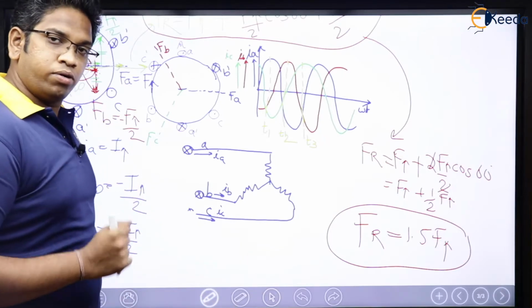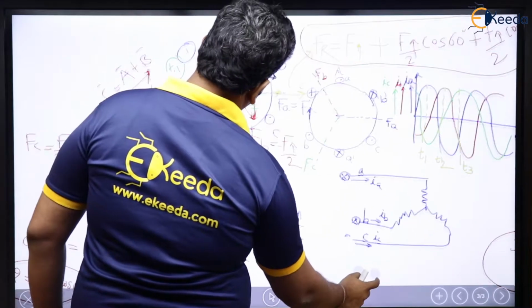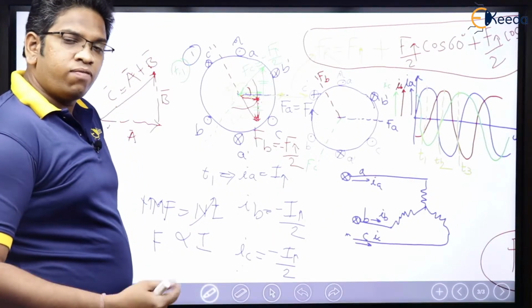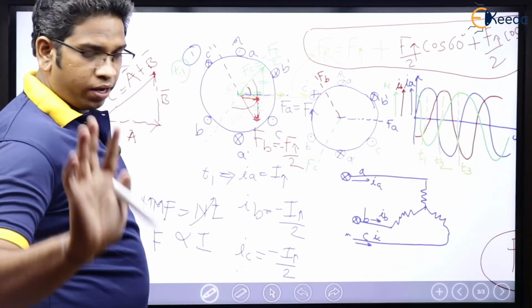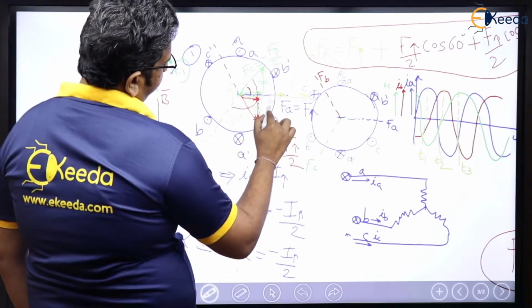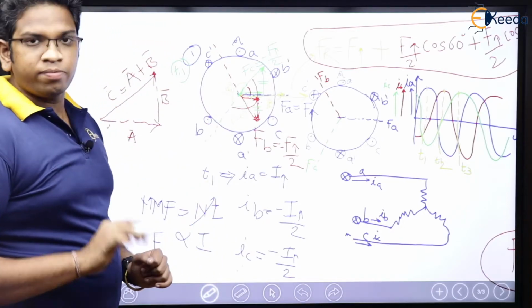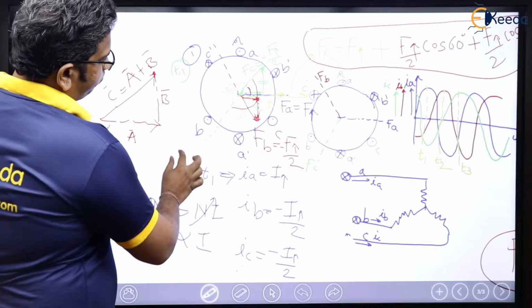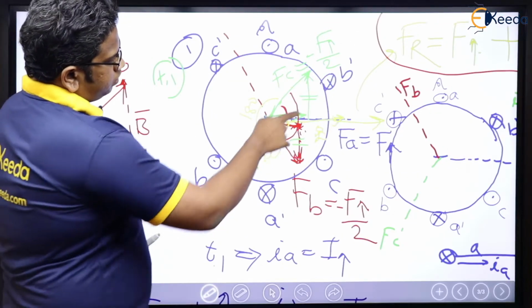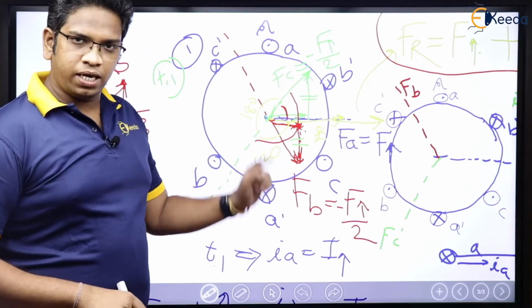Let us try to find out the poles. Poles means, let us see. So now speaking about the poles, where will be this particular pole? Let us see. Very important. Now if I am sitting in this air gap, right? If I am sitting in this air gap, where is going to be the pole? Yeah. This blue is going to be the stator. I am sitting in the air gap.